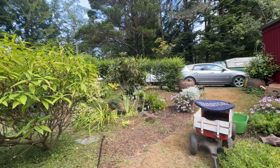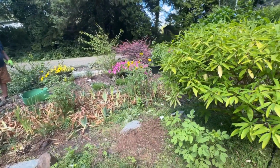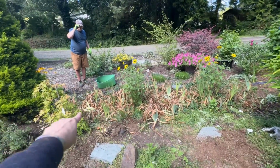All right, this is the area that I want to plant those lilies in. We have really tall lilies in the back already, so I'm going to plant them towards the front of the bed. All right, while I am continuing to dig lily bulbs and daylilies, Spencer's going to get started on this